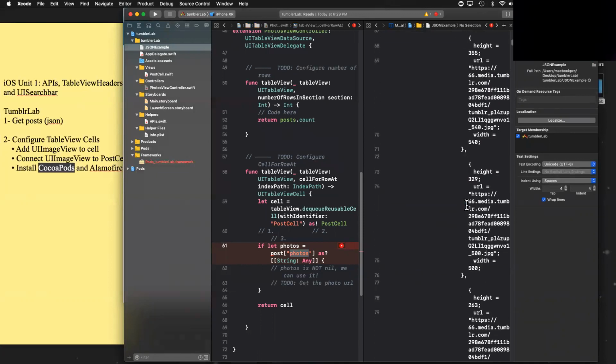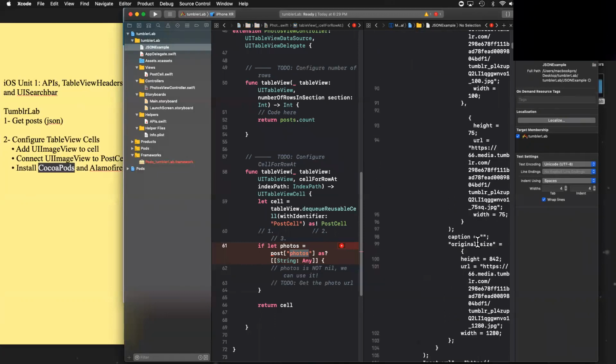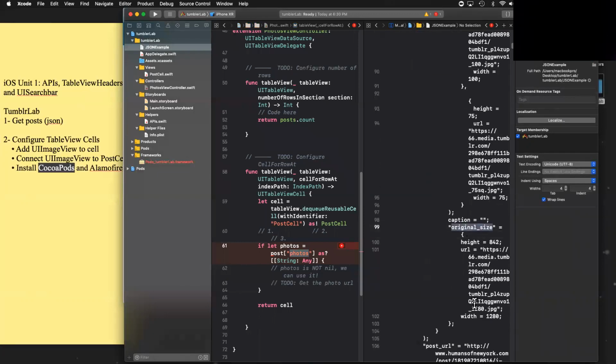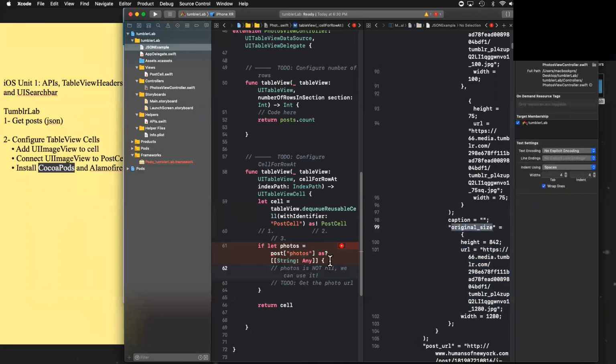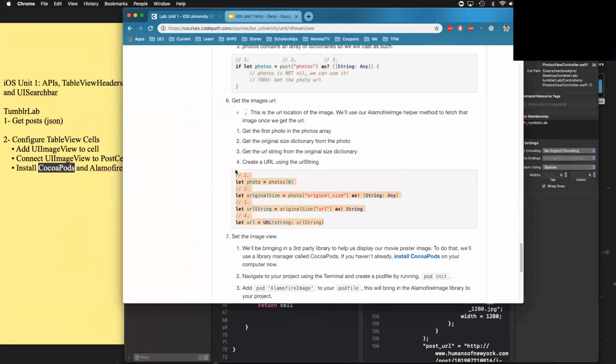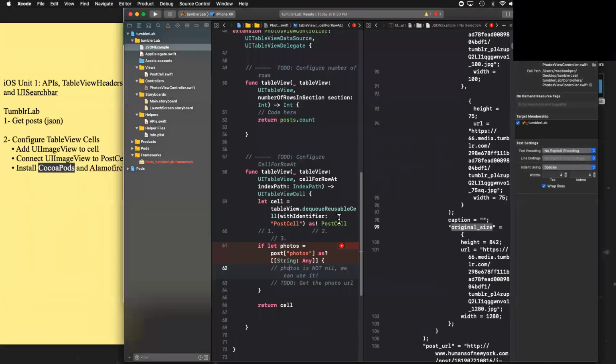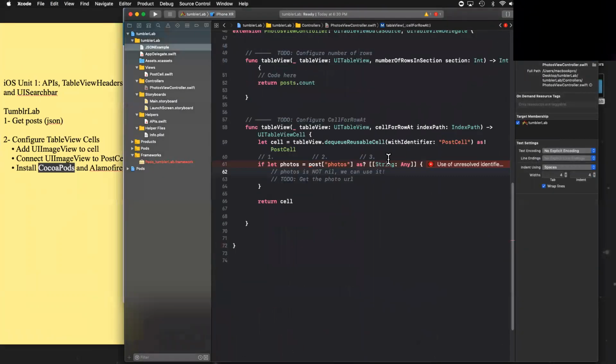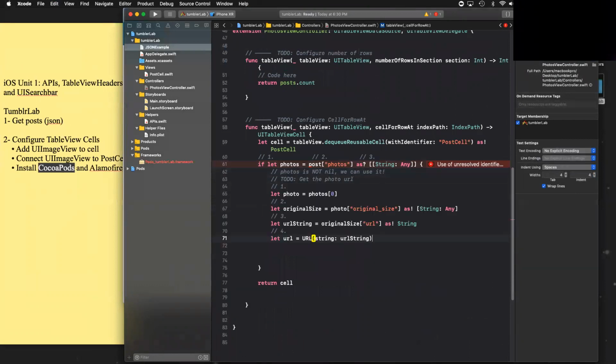But I'm going to use the original size. So if I scroll down, I'm going to find right here, original size. So I want to get this URL. So in order to access it, we're going to have to dig and dive all the way deep down to this URL, which is the original size. And in order to do that, it's easy peasy, copy paste. They already did it for us. So I'm just going to go ahead and put that in these brackets right here, or below the to-do, and bam. So now that we have the URL,